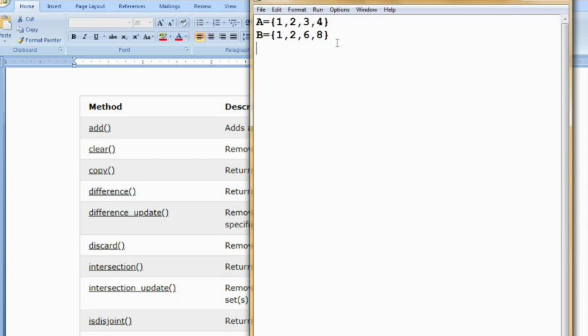Now I am going to perform the first method, that is add. Note the syntax. If we want to use a method on any set, we have to use the dot operator, and before the dot operator we have to use the set name. Now I am going to perform the operation on set A, so I have used A here. After the dot operator you can give the add function.